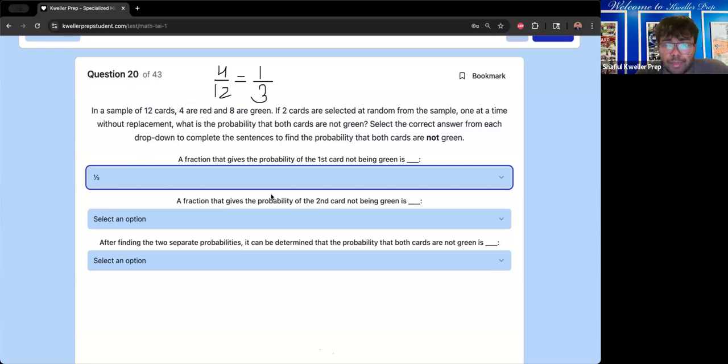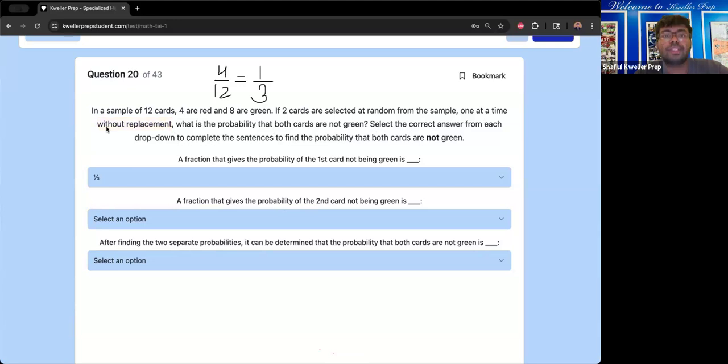A fraction that gives the probability of the second card not being green. Two cards are drawn at a time without replacement. Wait, does it say that? Without replacement. So once I took out that red, we're left with what? We have 4 red out of 12 total. Once I take out one of the red balls, we're left with 3 red balls, and in total, we're left with 11. Okay, and then